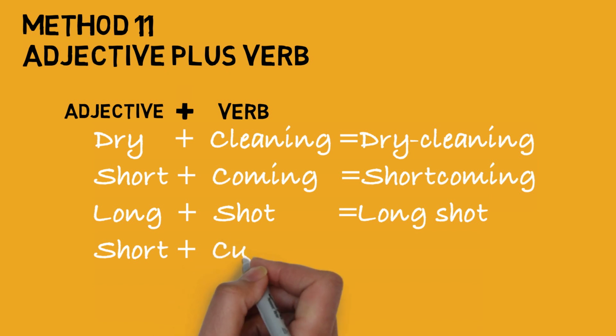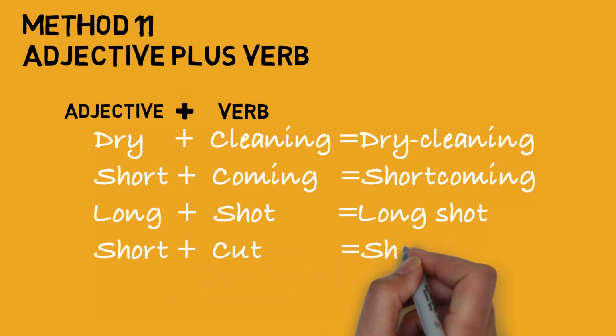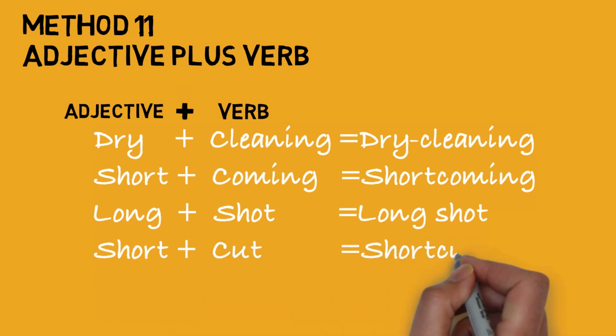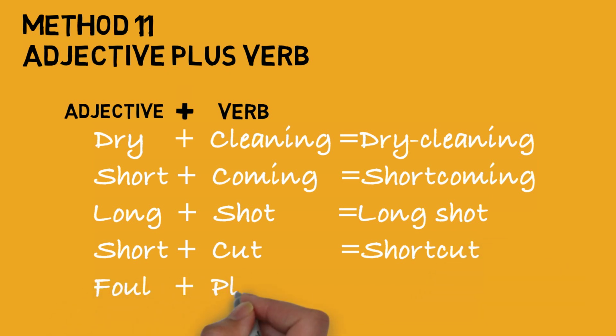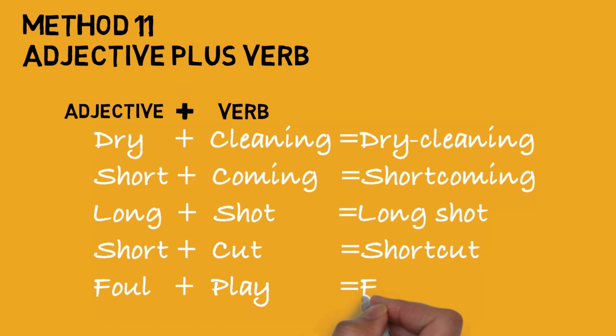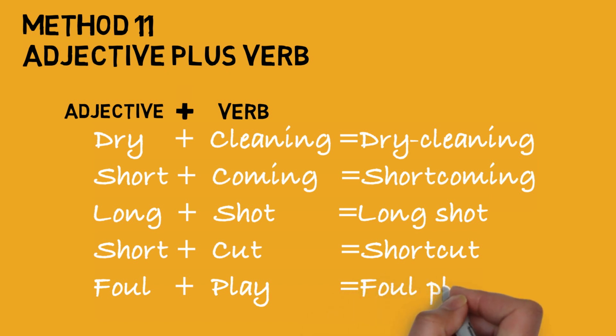Begitu juga dengan perkataan yang selalu kita jumpa, shortcut. Short adalah kata nama dan cut adalah kata kerja. So shortcut is a new word. In the same way, foul play. Jadi sekarang kita boleh mengenal 11 cara membentuk compound nouns, and I hope you have understood compound nouns and how